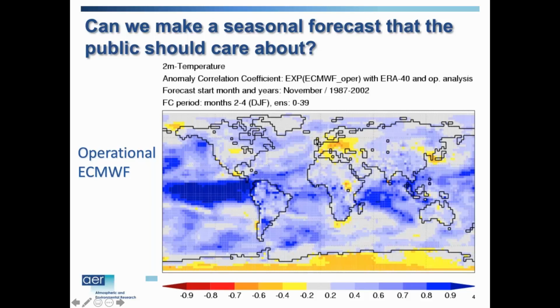Ironically, for the ECMWF, they're out of Europe. I guess their mission is to forecast Europe, and their skill is actually worse for Europe than on the whole globe. So a bit of irony there. But again, I think it's a bit of an old plot, and I do think the qualitative picture is representative of the current state of the art of technology.